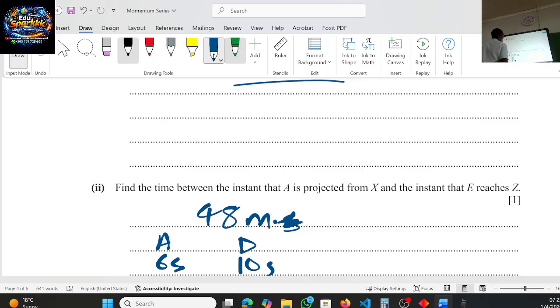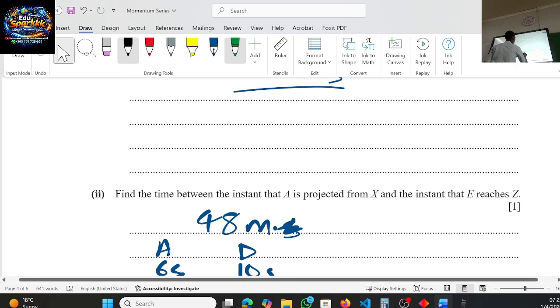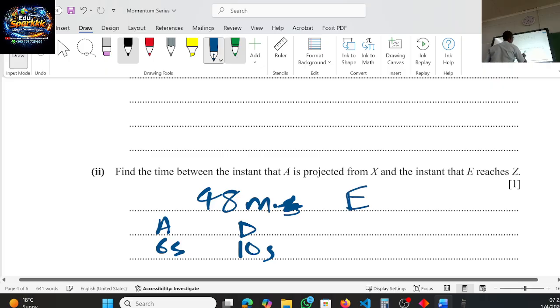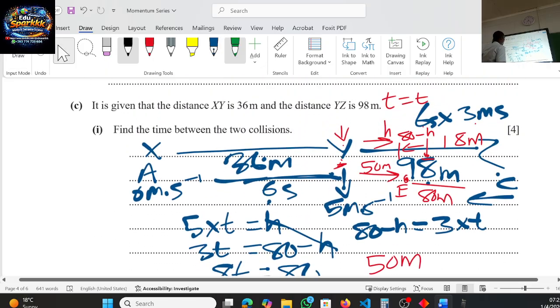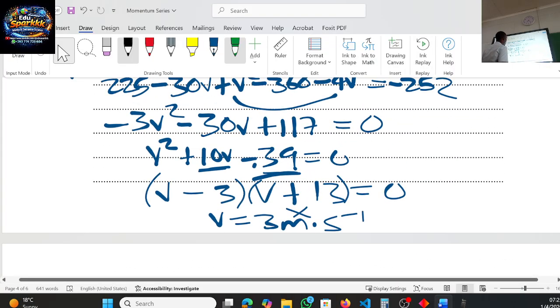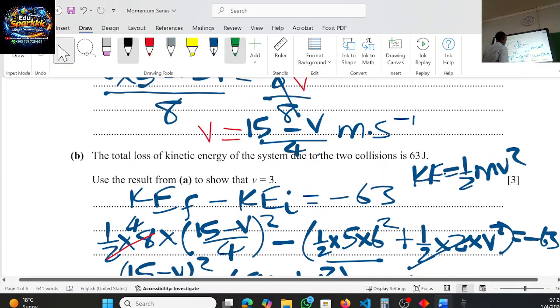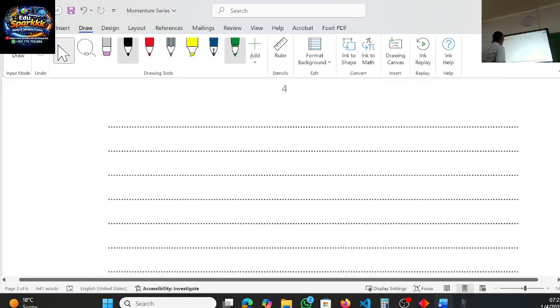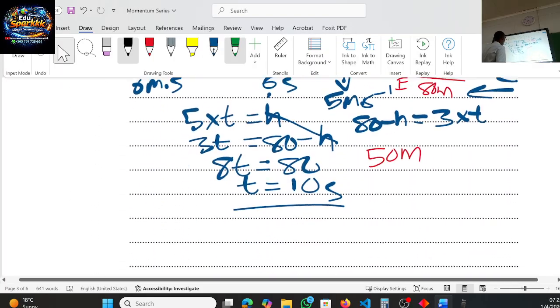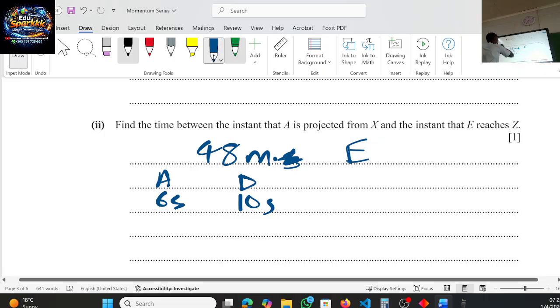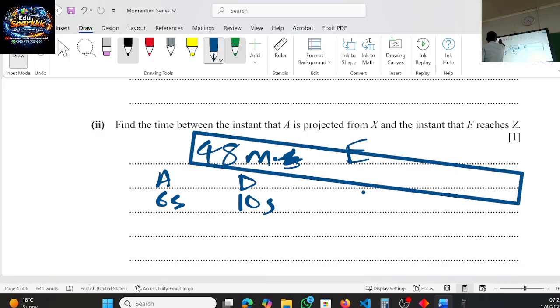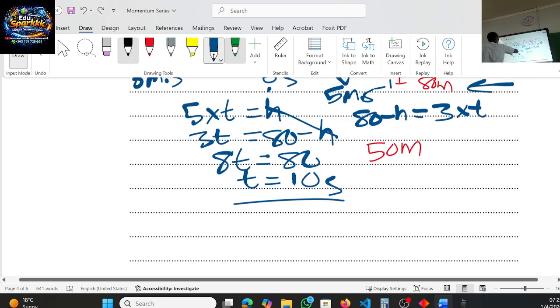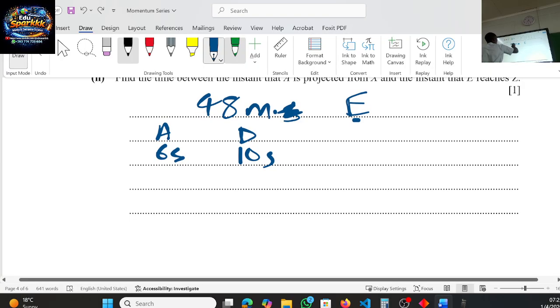Now, when they coalesce, we managed to prove above that the speed after coalition, which is E, because we need E, there is particle A there. And E, we say it is (15 minus V) over 4. I think we proved it somewhere. Yeah, we proved that (15 minus V) over 4 will be the new speed of the combined system. So then what do we do with it to help us find the last section? We know for E to reach the end,